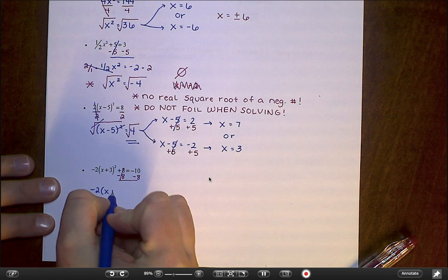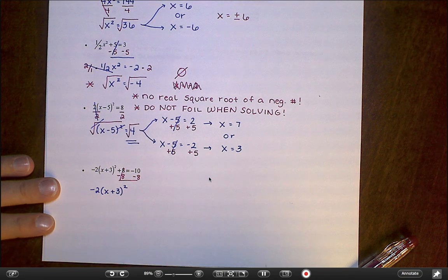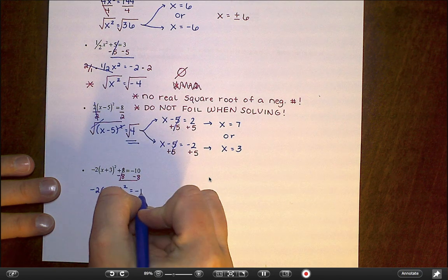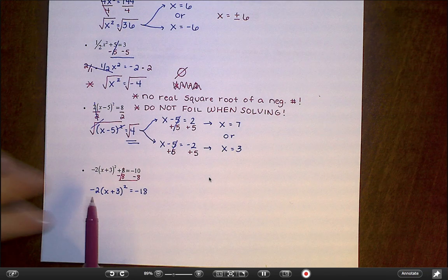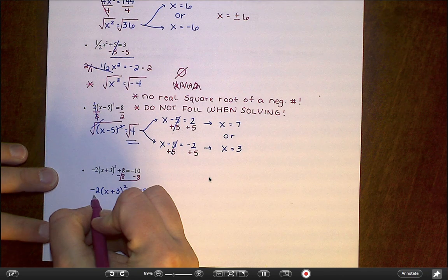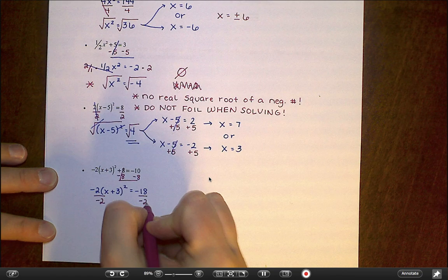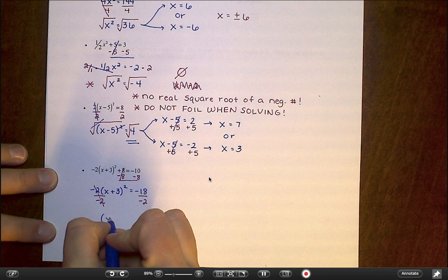times (x plus 3). You could pause the video if you wanted and get a head start on me and see if you can get the answer to this one. Equals negative 18. I'm still working on the outside of the parentheses, so let's get rid of the negative 2 by dividing by negative 2. Remember, I'm not foiling, I'm not distributing here. So x plus 3